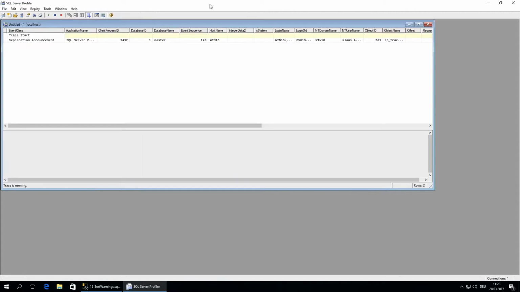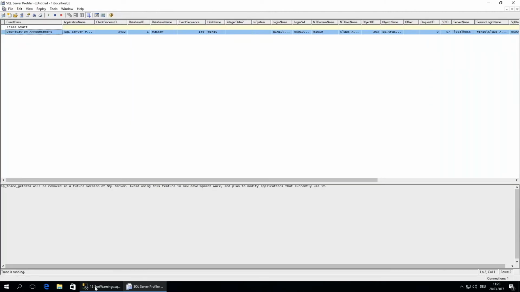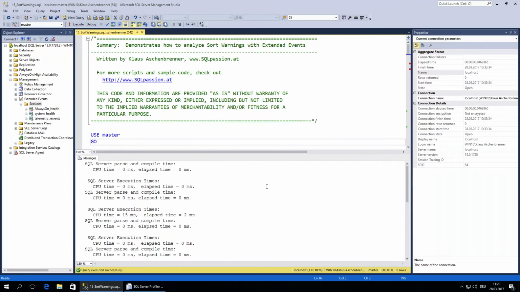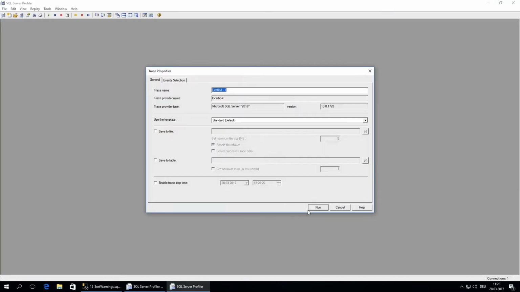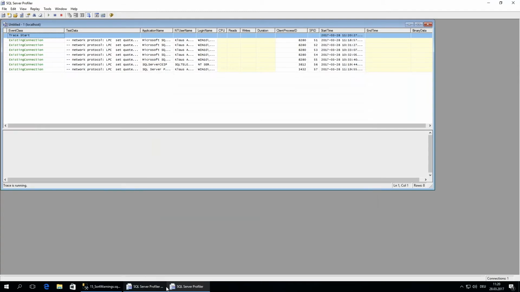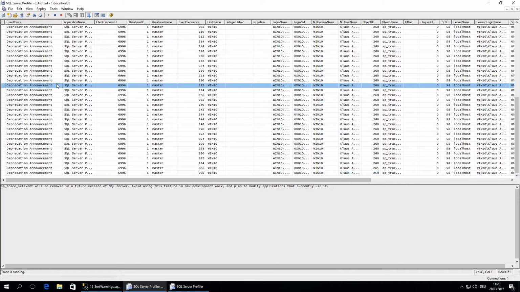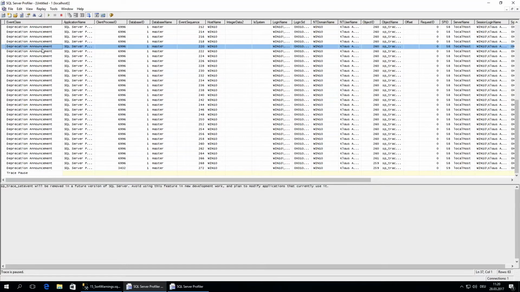Means when we create that event trace, and afterwards we are starting SQL Server Profiler again, and we create here a simple trace, you can see now in the first Profiler session that SQL Server Profiler itself has just said that SQL Server Profiler is just deprecated. Profiler itself is just a front-end application